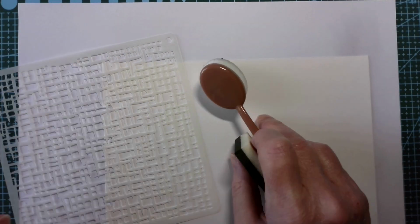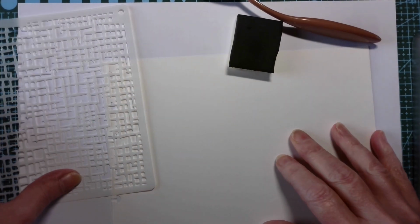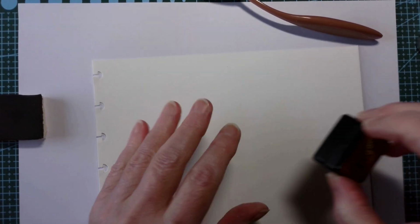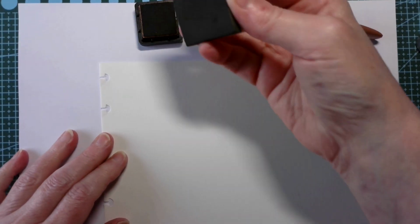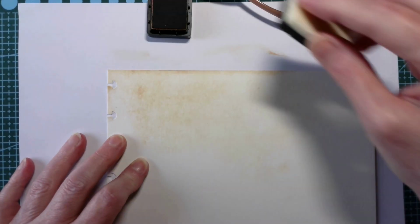But what I thought I'd do today as well, which is why you can see a stencil, a brush, a piece of cut and dry foam, and a tin of distress inks, is I wanted a coloured background for today, and for some reason I've chosen brown. I'm going to use tone on tone, so I want a very subtle texture pattern in the background. So I'm going to use a palish coloured distress ink. I'm going to go with my favourite, Rusty Hinge. I may put some darker ink around the edges, but I'm just going to tap it on here very lightly. I'm just going to add colour here to this page,